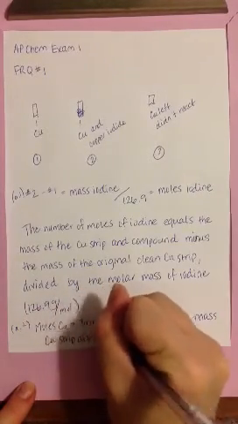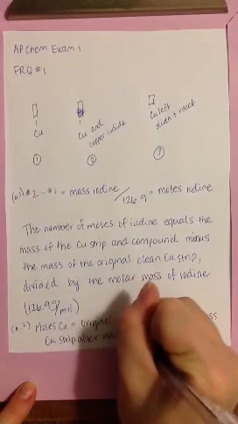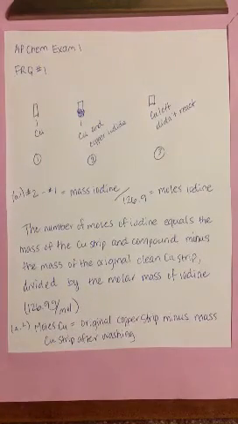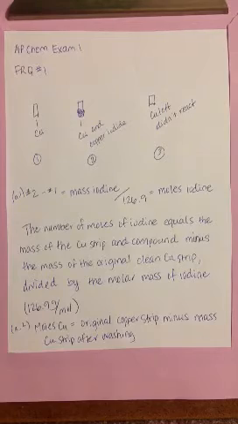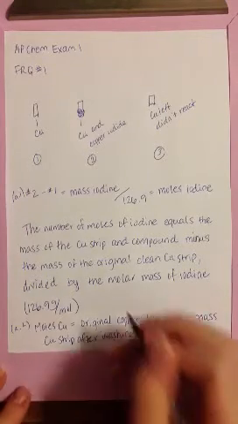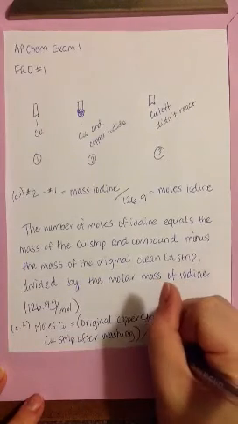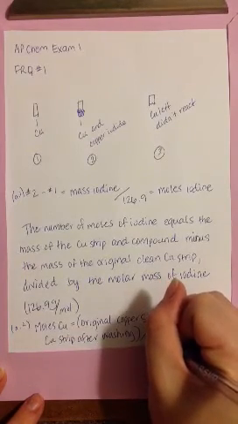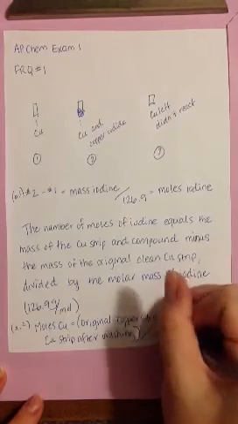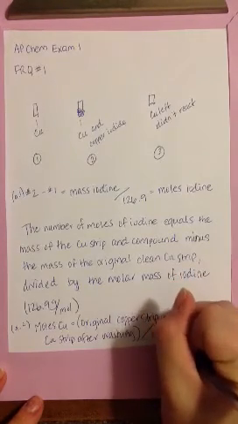Now, if you're wondering where I'm getting these words, where am I getting mass of the copper strip after washing? That's what they actually say in the data table, and it's really important to use those words. And then this whole thing, we've got to divide by the molar mass of copper. You could either write 63.54 or molar mass of